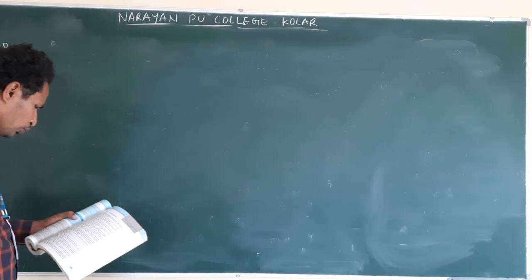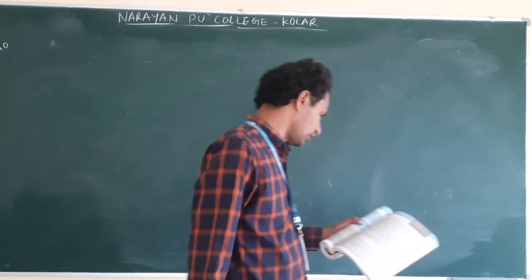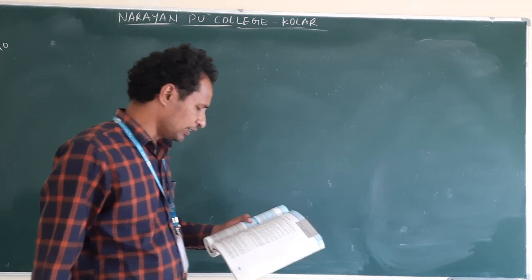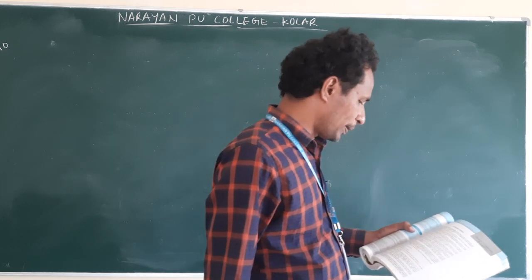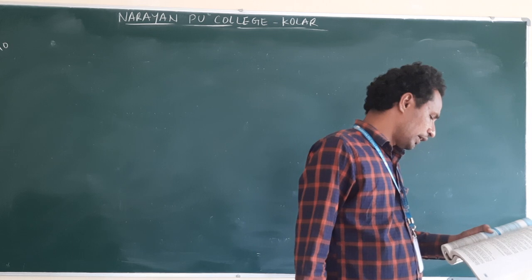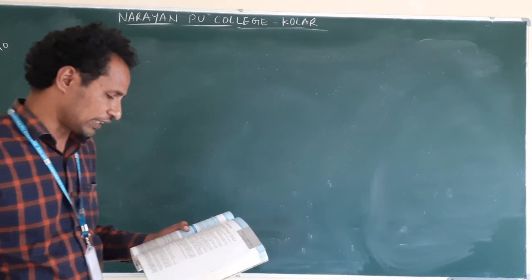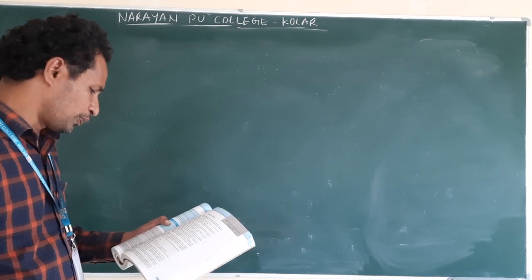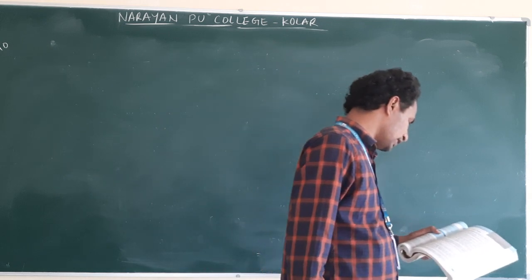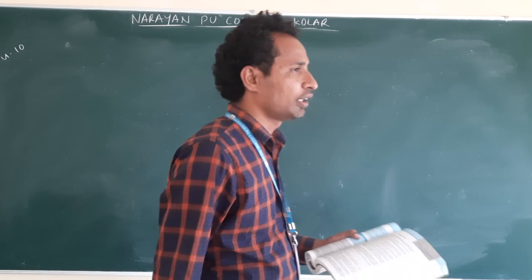Two moving coil meters M1 and M2 have the following particulars: R1 is 10 ohm, N1 is 30, A1 is 3.6 into 10 power minus 3 meter square, B1 is 0.25 Tesla. R2 is 14 ohm, N2 is 42, A2 is 1.8 into 10 power minus 3 meter square, B2 is 0.50 Tesla. The spring constants are identical for the two meters. Determine the current sensitivity and voltage sensitivity of M2 and M1.